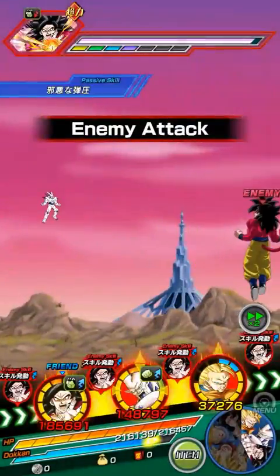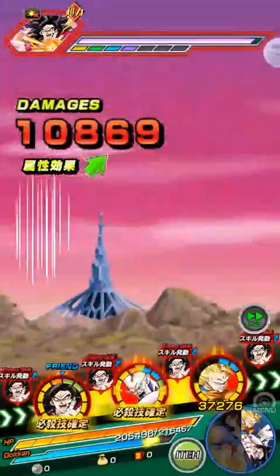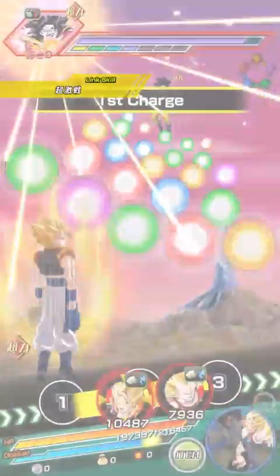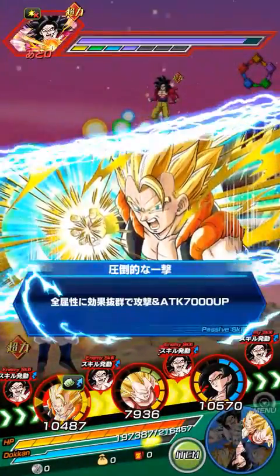If RNG is on your side, you should be able to do this just fine. With a team like this, you might have to use a stone here and there just because luck was not on your side. But even so,